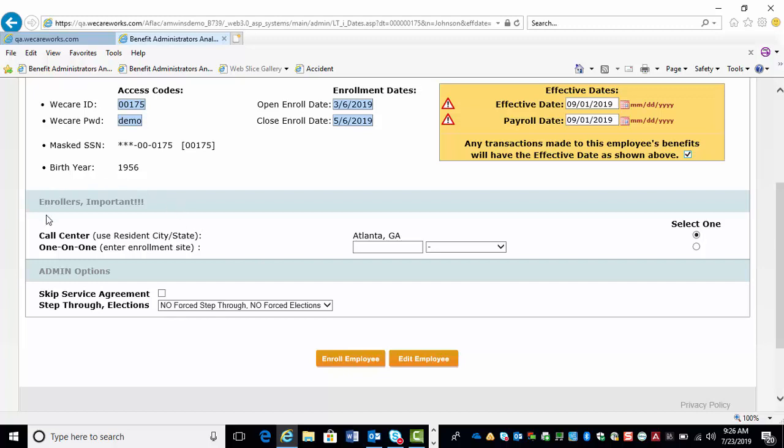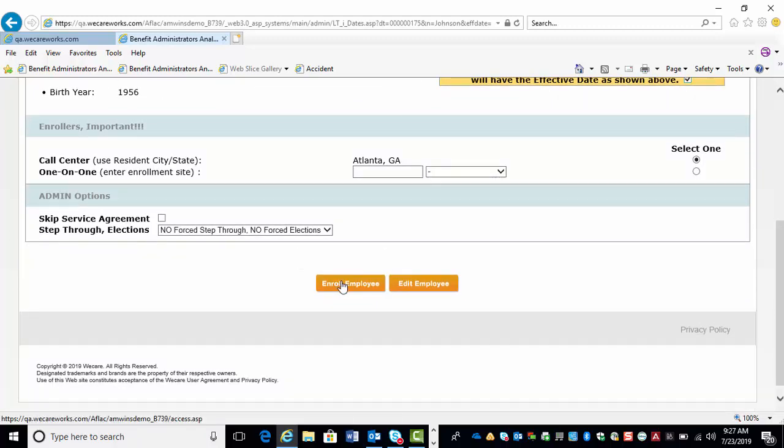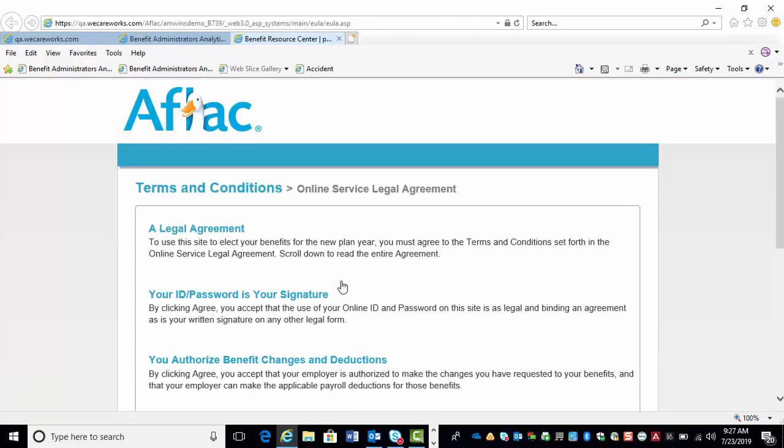Here, the enrollers as well as the HR admin have the ability to identify the enrollment method. You'll have call center and one-on-one, and for those enrollments that are including the 8x8 call center that's offered by AFLAC, there's an option for that that's added during implementation as well. Once the enrollment method is selected, come down to the bottom and click Enroll Employee, and that takes you into